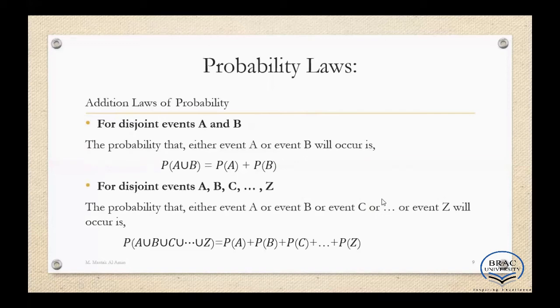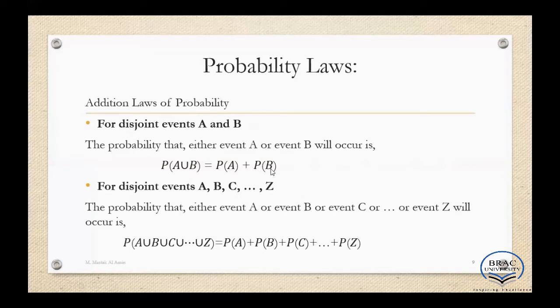Probability laws. The first law is the addition law of probability. Here we have two cases. For the first one, if we consider two events A and B and they are disjoint events, that means they don't have any common points. In that case, if we want to find the probability that either event A or event B will occur, then we can write probability of A union B